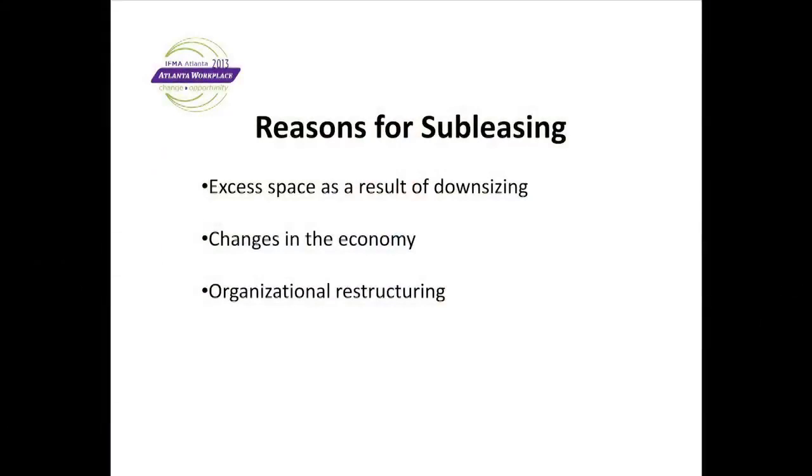And I think when we've talked about it, it has been in general. So the next slide is about reasons for subleasing. We'll probably talk a little bit about it. I know in the case of my organization that I'm with currently, and the one I was with before when I worked with Shannon,